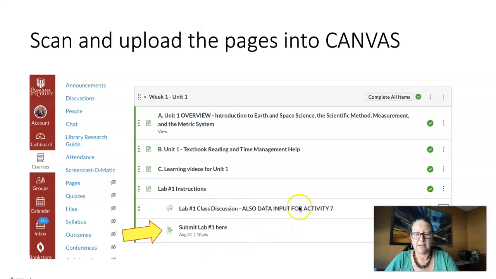Notice that the class discussion for lab is here, and normally that's just going to be for you to help other students or ask questions that other students might be able to help you with. It's just a place to kind of have a community working on lab together. But in this case, you're also going to put in that data, your height and your shoe length, so people